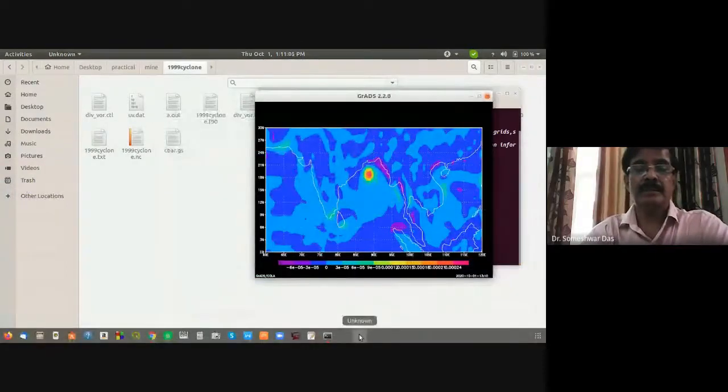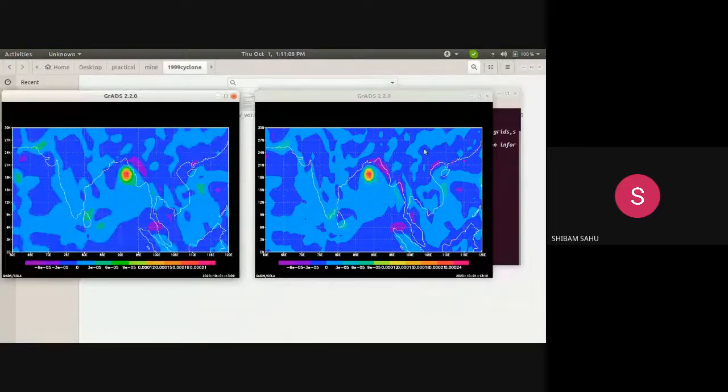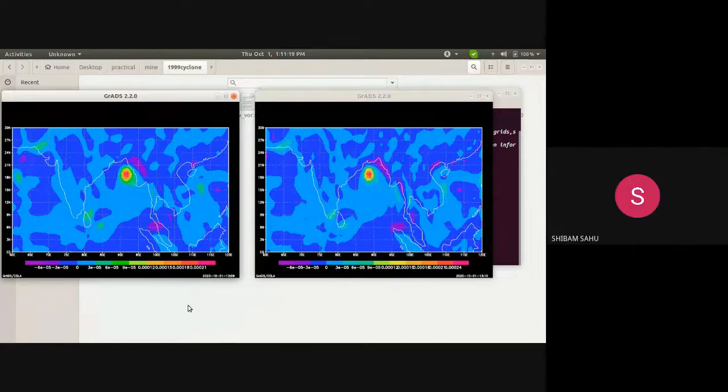The right one is ERA data, and the left one is my computed data. This is at 850 millibar, right? Yes sir. Very good, almost identical. But sir, the position of the cyclone is different.